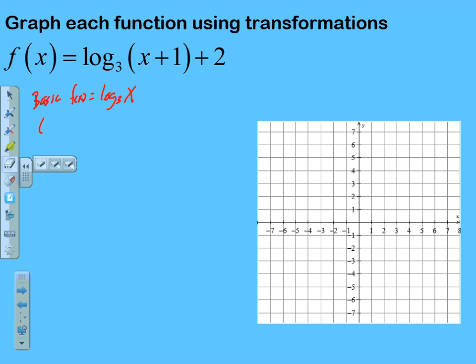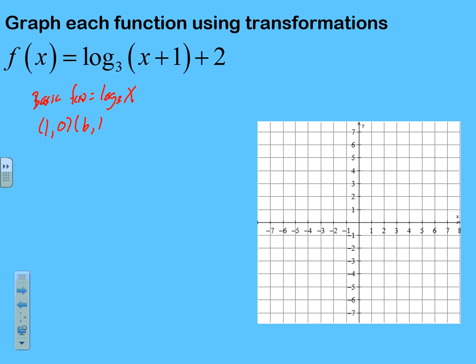My 3 key points of any logarithmic function are (1, 0), (the base, 1), and (the reciprocal of the base, -1). So the 3 key points for the basic function, I should say, are going to be (1, 0), (3, 1), and (1/3, -1). So I'm going to go ahead and mark where those are going to be. So (1, 0), (3, 1), and about (1/3, -1). And it would have a vertical asymptote at x is equal to 0. Now let's look at the